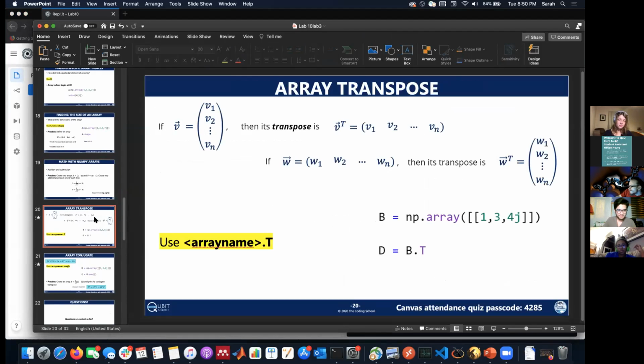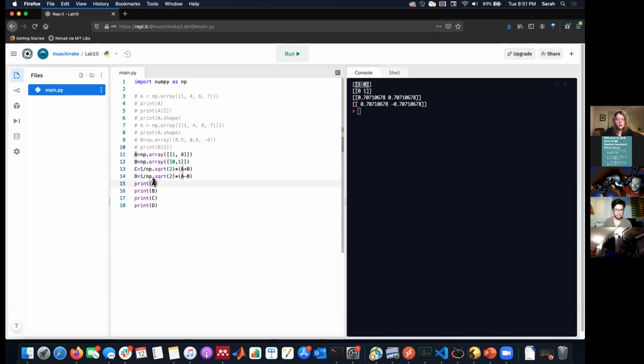Okay, so that's how you create those states. And now we want to create a transpose for these states. So we're going to take a transpose of what we've already made, and you'll see that it prints as a column vector instead of a row vector. If you've created a column vector, then its transpose, to remind everyone, moves the elements so the first row becomes the first column, the second row becomes the second column, etc. And if you have a row vector, the first column becomes the first row, the second column becomes the second row, all the way through. So we can change these all into column vectors